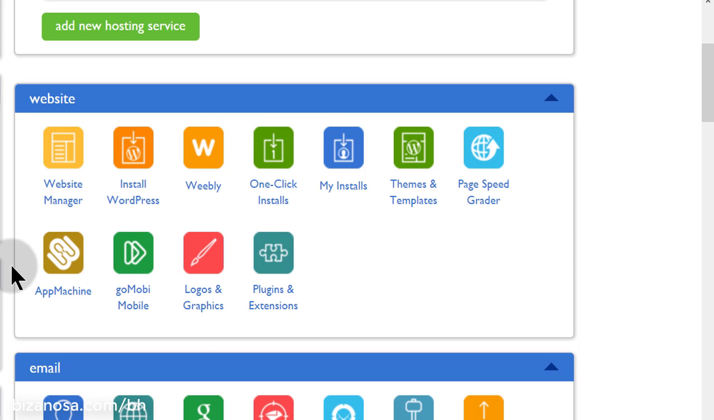We don't want to install any of these other things. So if you want to install any other scripts, let's say something like Magento, PrestaShop, or any other CMS or web application that you want to install, you can use this one-click install. So we are going to click on WordPress in a moment, but for now, if I click on one-click install,